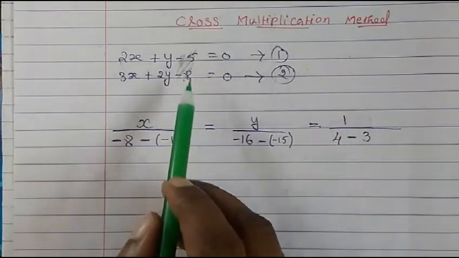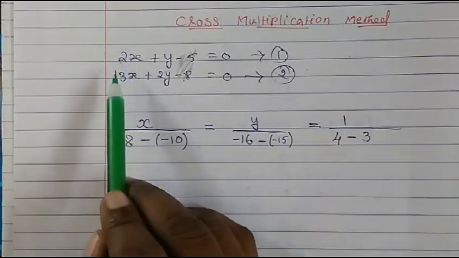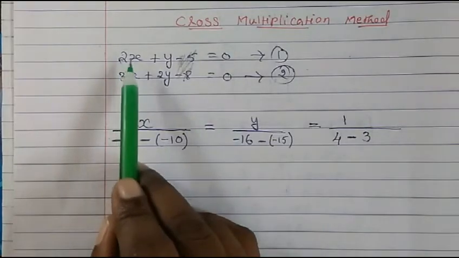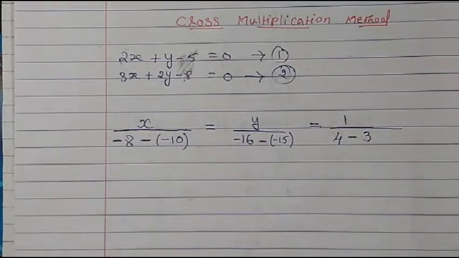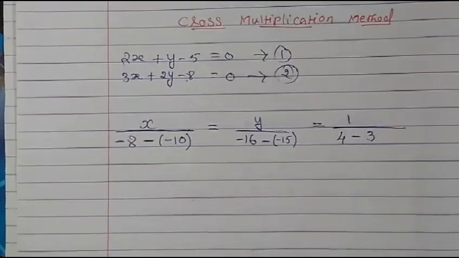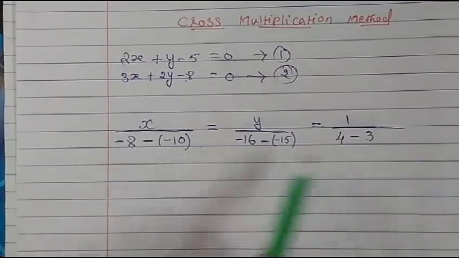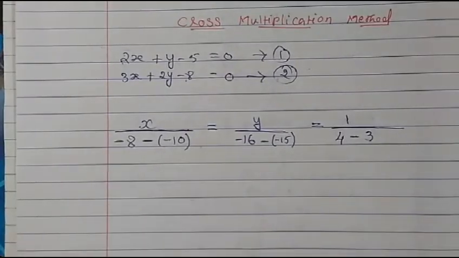Either you do this way, or put your finger and hide, or keep your scale or whatever object you want to hide it and write properly. This way you do, then you don't need to write the formula. That's it now. If you write it properly, then you can solve it very easily.